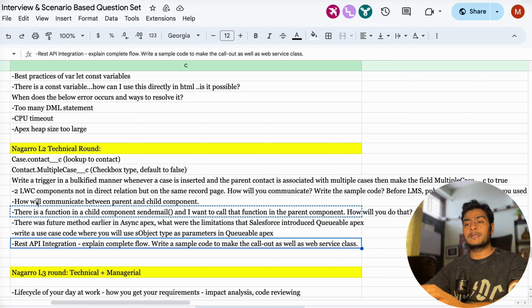Okay, next question was, how will you communicate between parent and child? Here he is asking both, parent to child communication and child to parent. Start with parent to child, explain it properly, and then go to child to parent. There are different ways you can communicate. What is a custom event? How will you create a custom event? How will the parent get to know